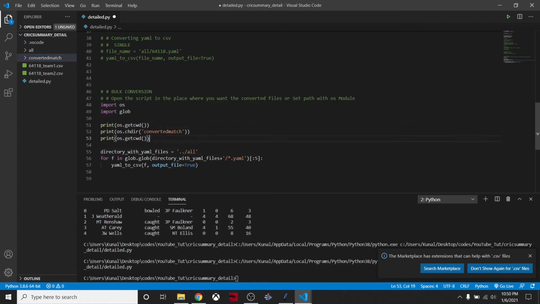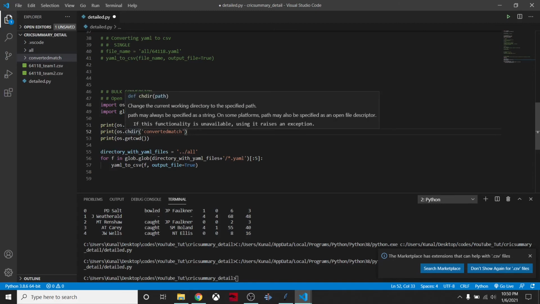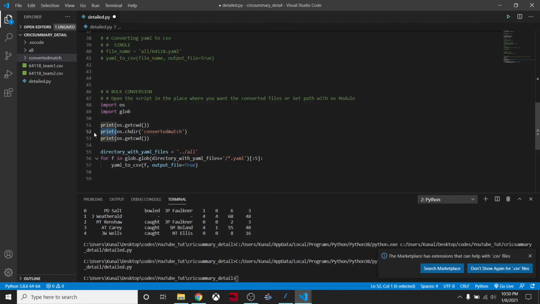First let's see which directory we are currently in, and then we'll change the directory. This doesn't need to be printed, but we'll change the directory, and in this directory we'll run this operation.